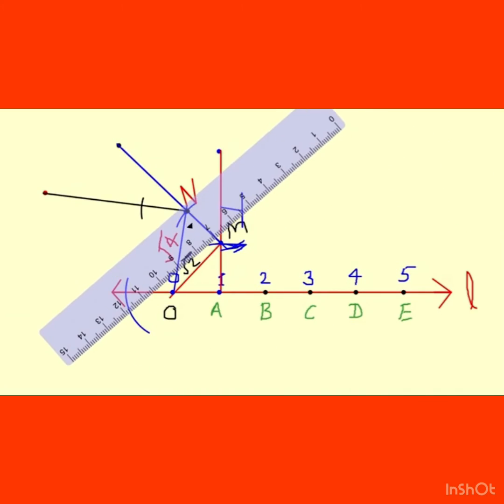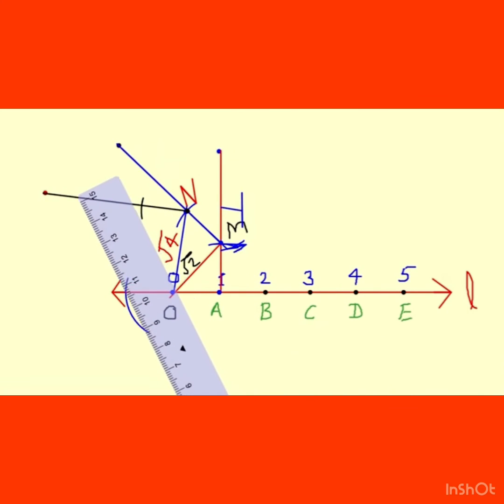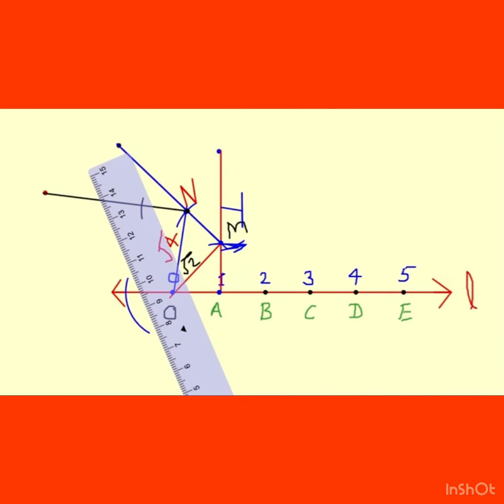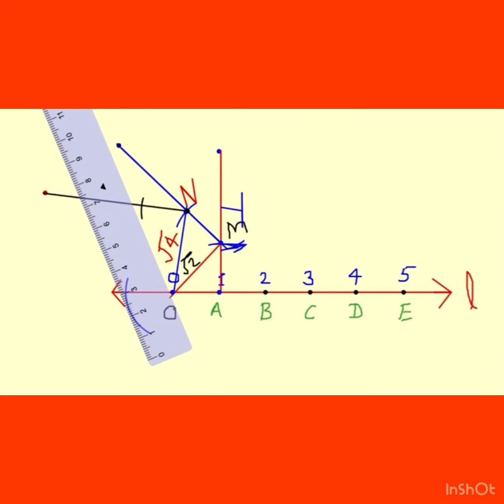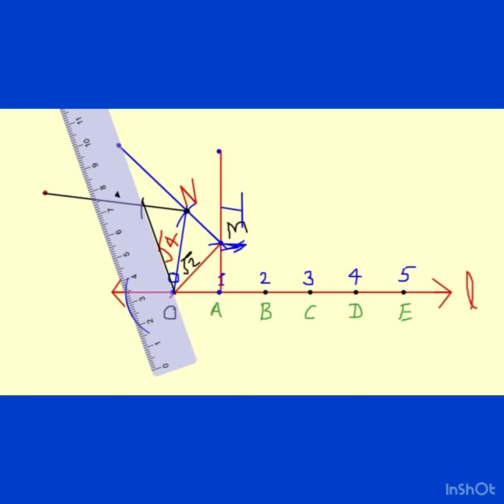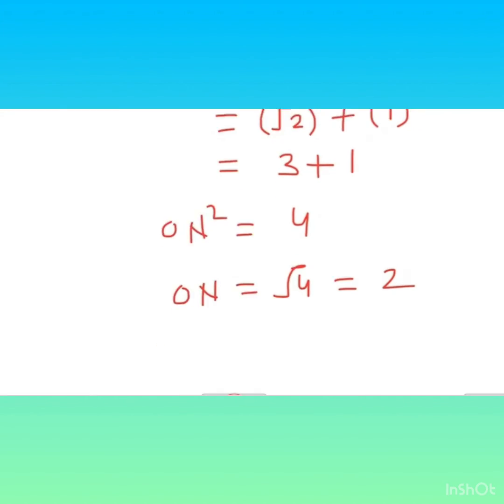Okay, after that we will join this arc at the point O. इसे O से फिर ज्वाइन करेंगे। Take your scale and join this point to O point and name this point as, इस पॉइंट का भी हम नाम लिखते हैं L, इसको L नाम दिया। सो ONL, दिस इज ए राइट एंगल ट्रायंगल।